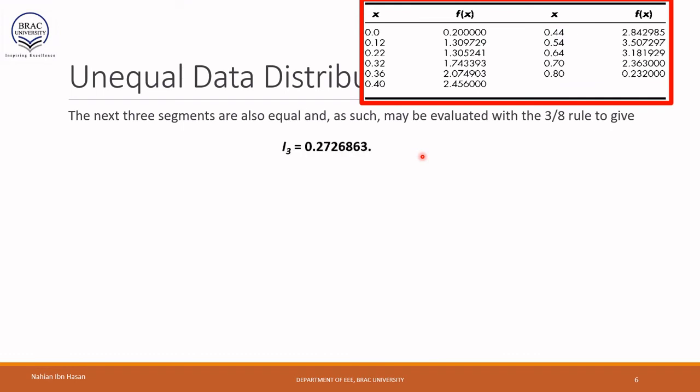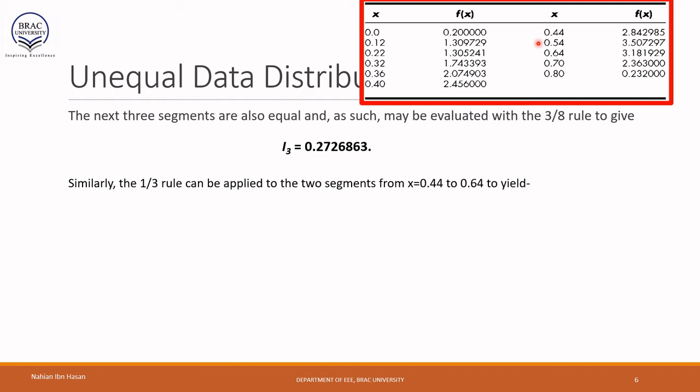If we apply the 3/8 rule for these three segments and sum over the areas of each segment, we will get an area of I3, which is 0.2726863. So that's the area of those three segments. Next, the next segment has a width of 0.1, and also the following segment has a width of 0.1. So we can apply the Simpson's rule again, and if we apply the 1/3 rule now, we can have an area of I4, which is